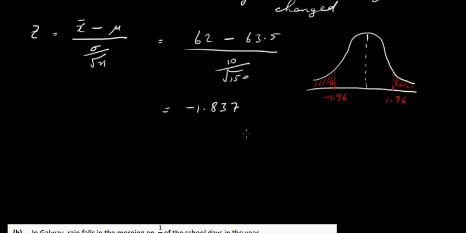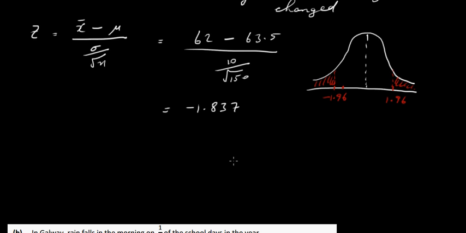If our test statistic, our Z value, appeared in these regions, we would be rejecting the null hypothesis. But our Z value, minus 1.837, is somewhere around here. So it's not in the critical region, therefore we're going to fail to reject the null